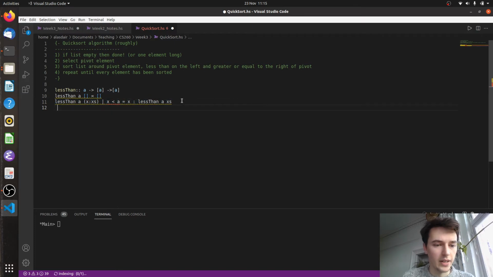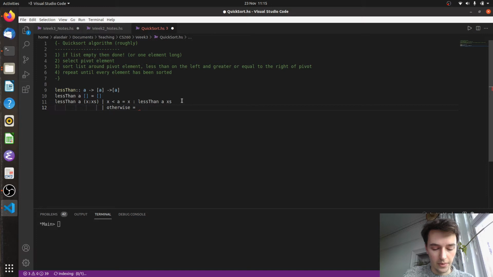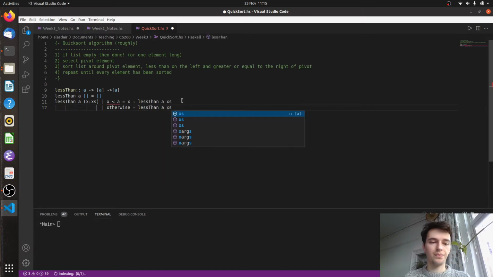And we'll define the next case. So the next case is when x is not less than a. So that's a case we're not interested in. That's a case where we just want to say otherwise lessThan a xs. And that's us. But again, as we've seen when we're working with type classes and polymorphic functions, we can be too abstract,